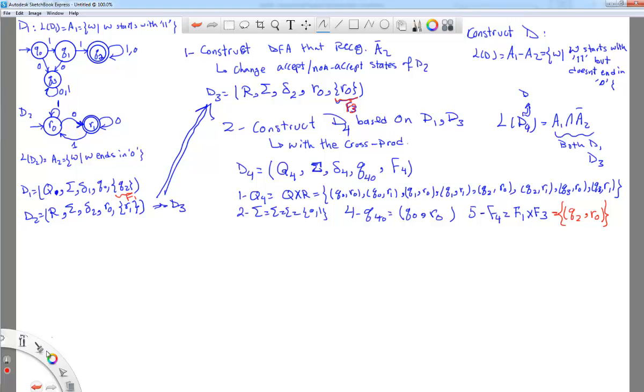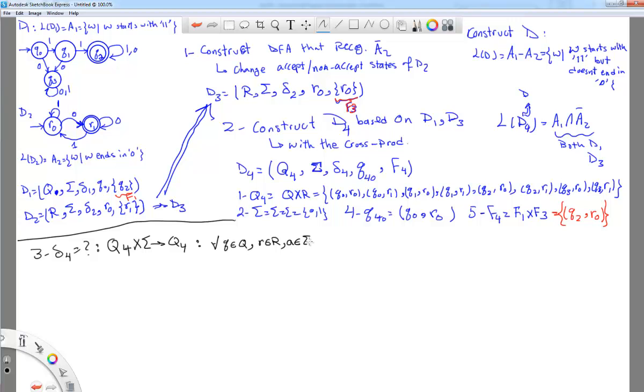And now finally, I have to come up with my delta transitions. So let's actually draw the delta transitions here. So delta sub 4 is what? How can we compute delta sub 4? Delta sub 4 is from Q sub 4 cross sigma over to Q sub 4. In other words, delta sub 4 for every Q from the set Q and R from the set R